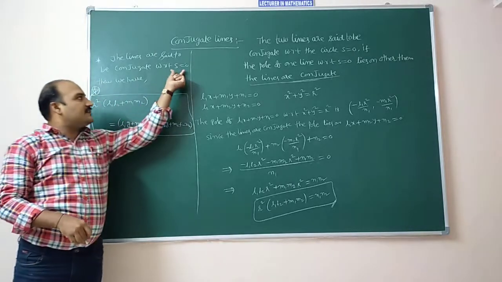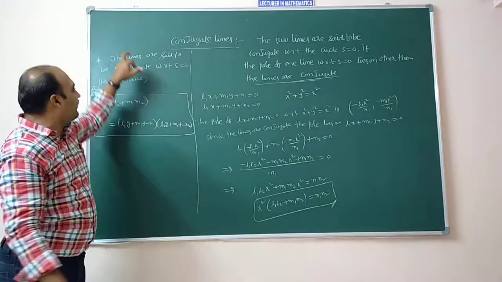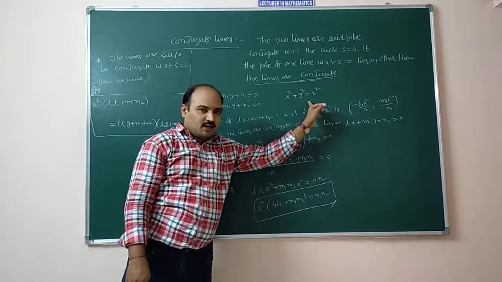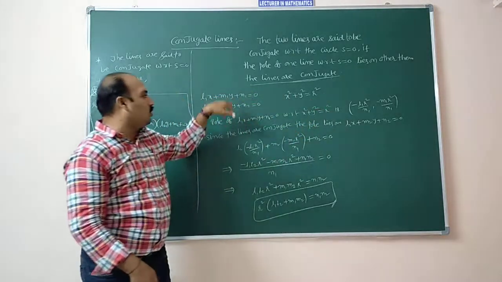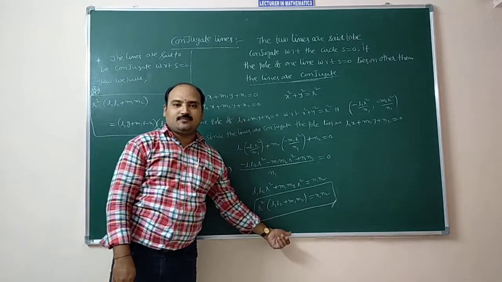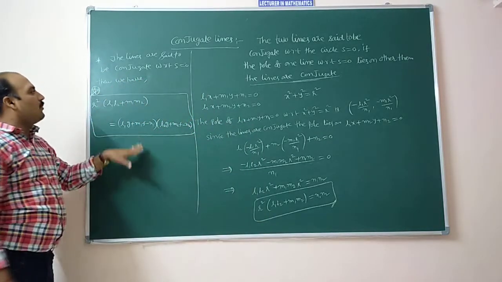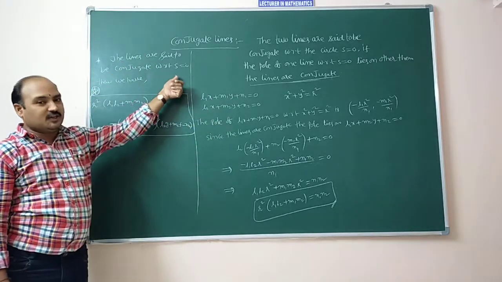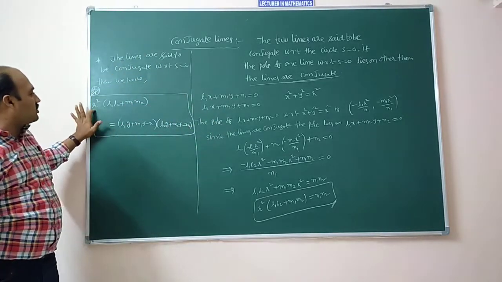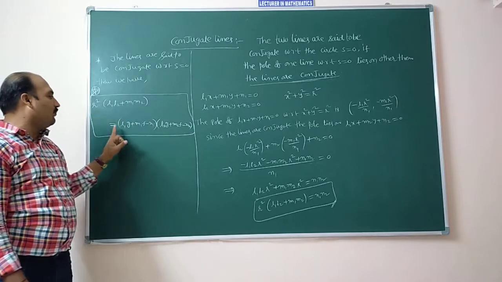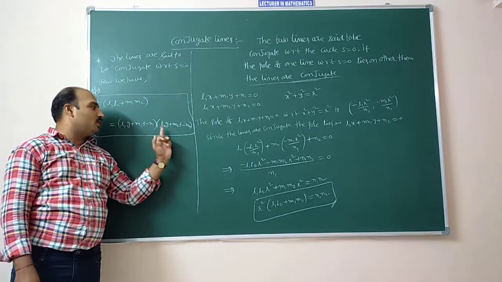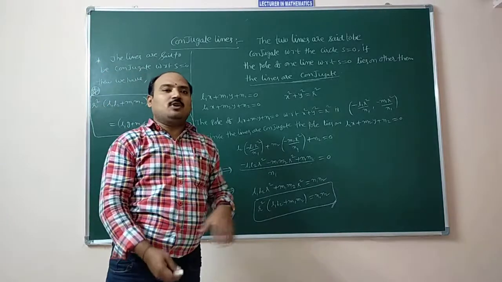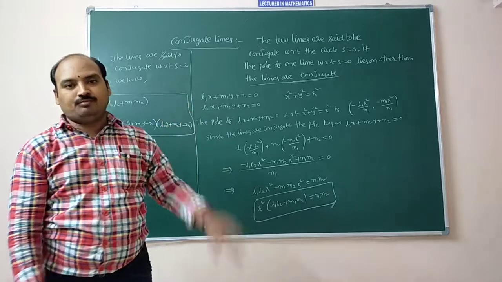If they ask S equal to 0, big circle according to the given lines, it is for 4 marks. If it is a small circle, that means the standard equation of circle and 2 lines, it is for 2 marks. So these are the very important conditions. The lines which are said to be conjugate with respect to the big circle, general equation of circle, this is the condition: R square into (L1 L2 plus M1 M2) equal to (L1 G plus M1 F minus N1) into (L2 G plus M2 F minus N2). Now I will take some examples based on these two.